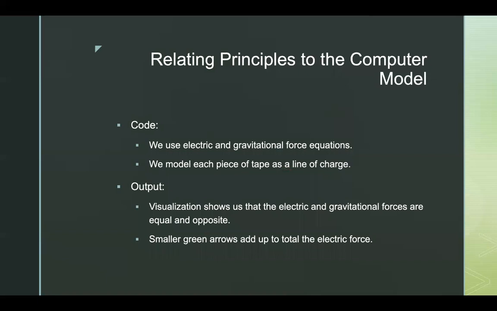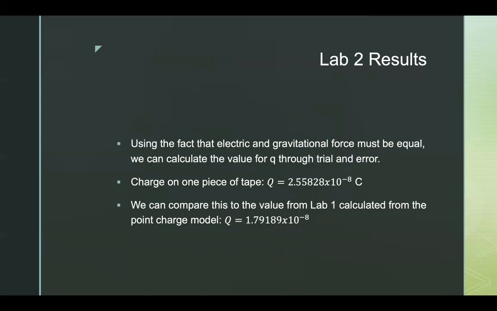So in the code, we use the electric and gravitational force equations, and we model each piece of tape as a line of charge. And then the output that we just saw on that last slide shows us that the electric and gravitational forces are equal and opposite, and that the smaller green arrows add up to the total electric force. So the results for this lab,